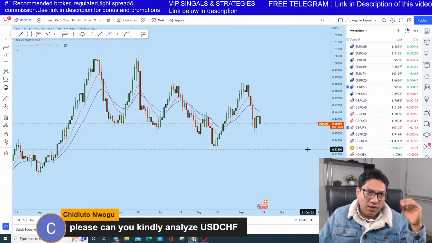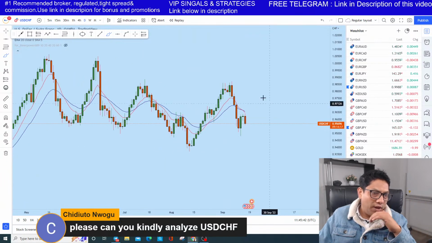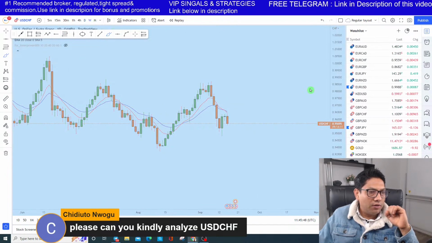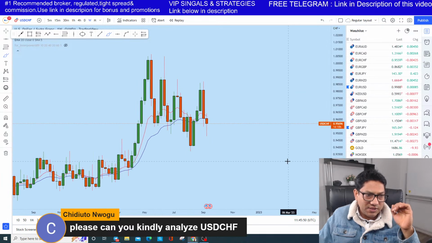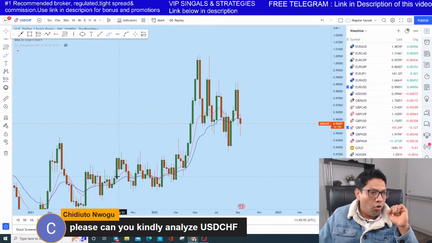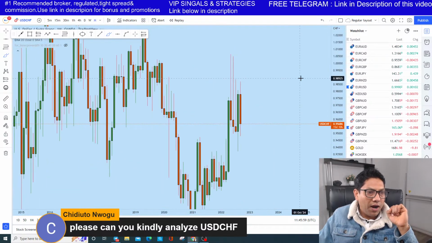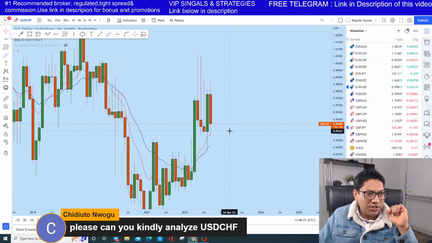So from here, there are two probabilities. One is to drop, the other one is to rise. But if you look at weekly, this is still a little bit of a bullish market. Why? Because the overall market structure is bullish. If you look at monthly, we see the price just came to the monthly level of support. Now what we could see is some uprise.